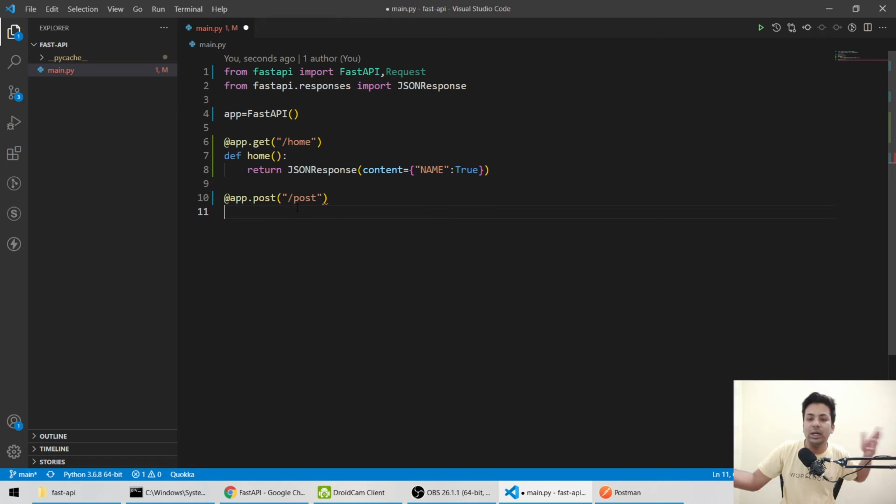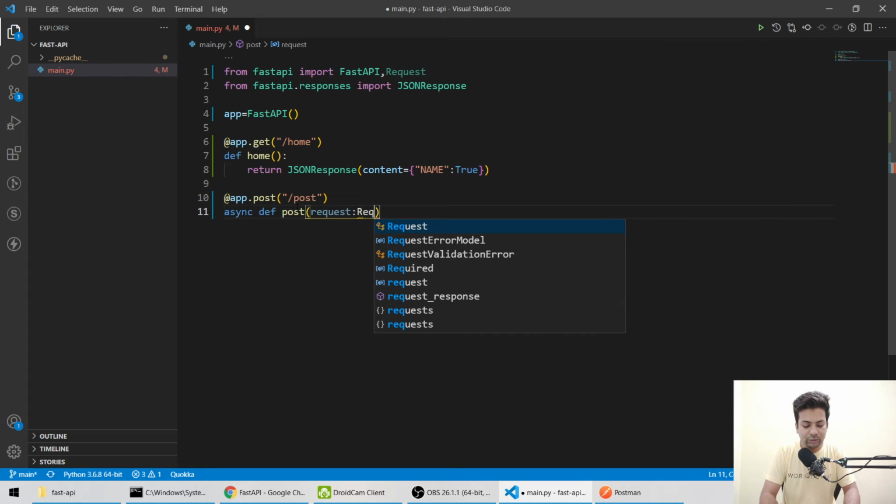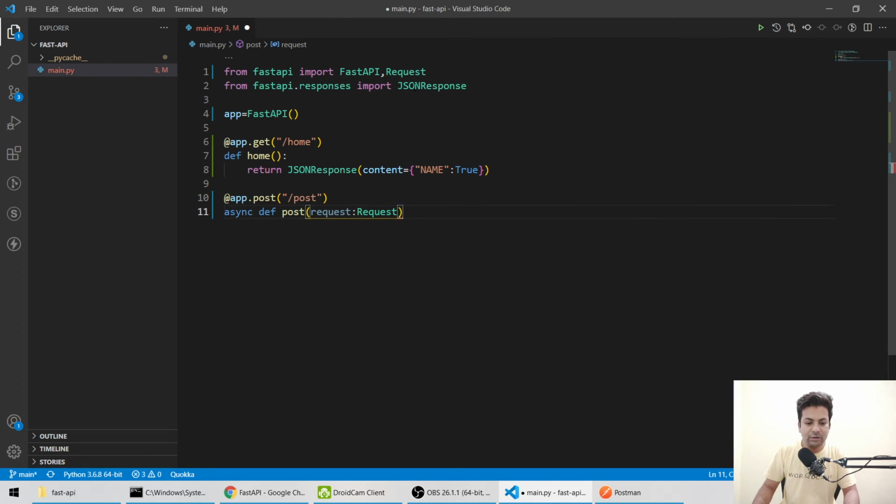You can just google and read about async functions, but for this you don't need to, just copy paste whatever someone is writing. We have to make async def, and the function name will be post. Then here we'll receive the API request, so we'll say request colon Request. This is the request I have imported.